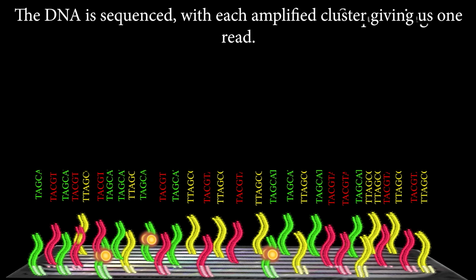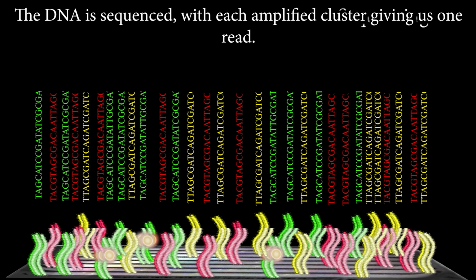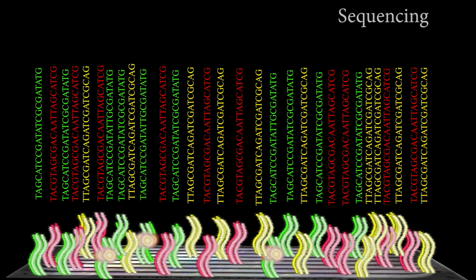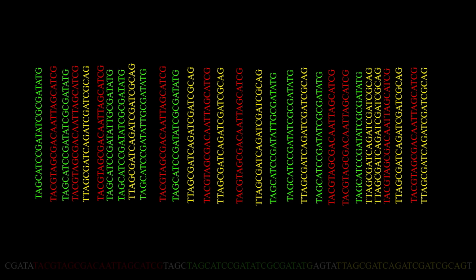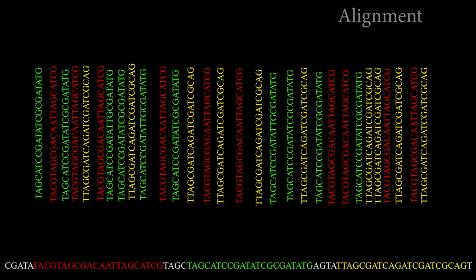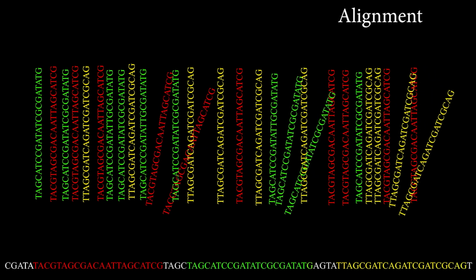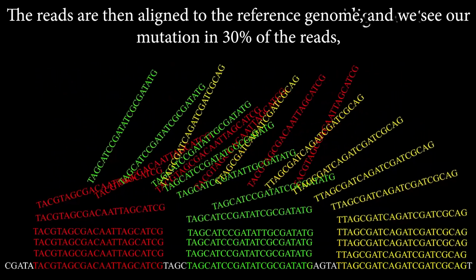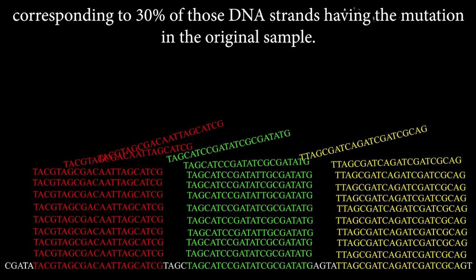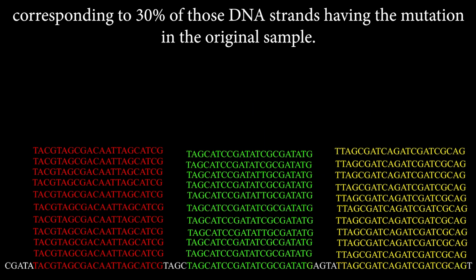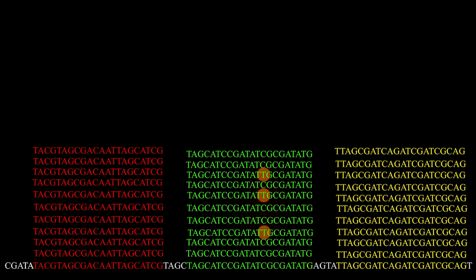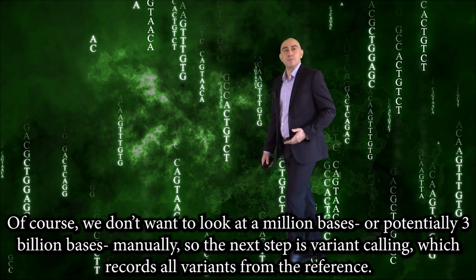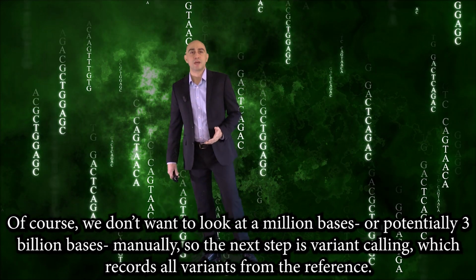The DNA is sequenced, with each amplified cluster giving us one read. The reads are then aligned to the reference genome, and we see our mutation in 30% of the reads, corresponding to 30% of those DNA strands having the mutation in the original sample. Of course, we don't want to look at 1 million bases or potentially 3 billion bases manually, so the next